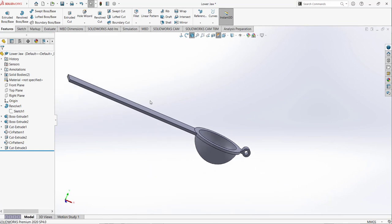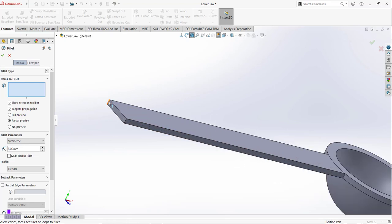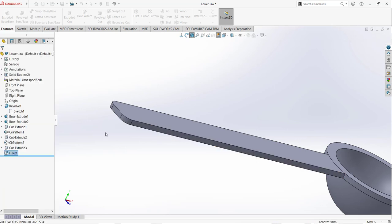Now I am going to add some fillets. So select the fillet command. The radius of the fillet is 5. Select this point, these two edges, click OK. The fillet is completed. Now our lower jaw part is completed,